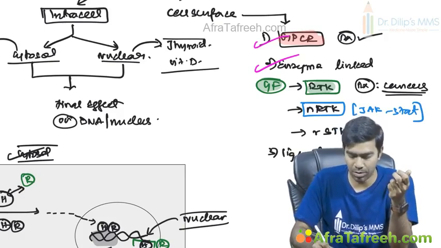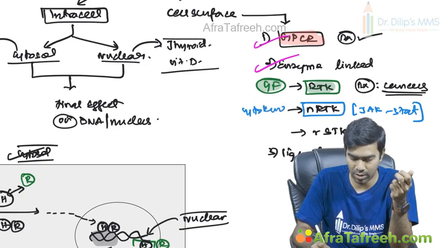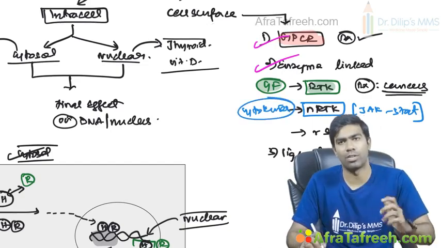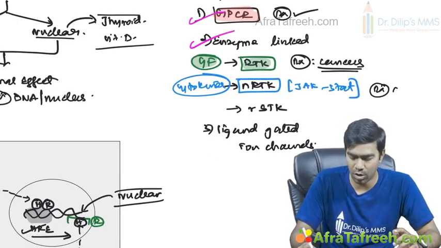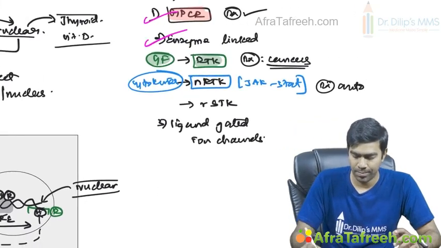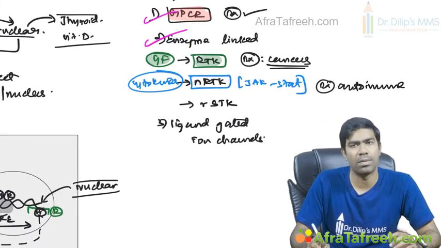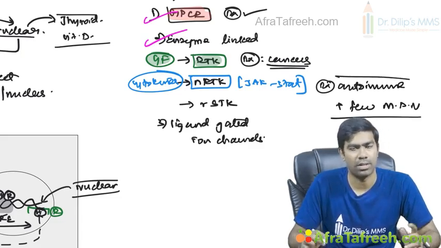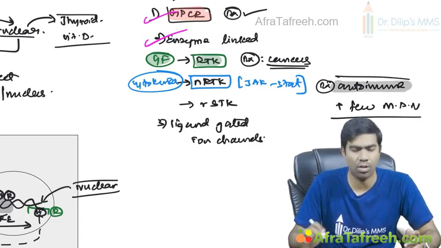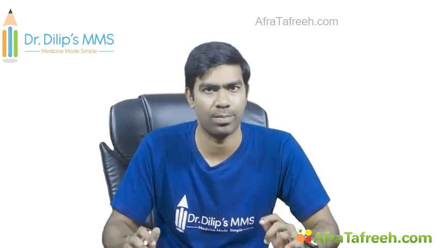Why is this pathway important? Because this is a pathway for cytokines. A lot of cytokines generally act through this pathway only. That's why targeting this pathway may be useful in the treatment of autoimmune disorders, plus a few myeloproliferative neoplasms. In those areas, targeting this pathway will be very useful, especially for autoimmune disorders like rheumatoid arthritis, psoriasis, and a lot of conditions where they typically target the JAK proteins. We call these compounds JAK inhibitors, which we will discuss in the same video.